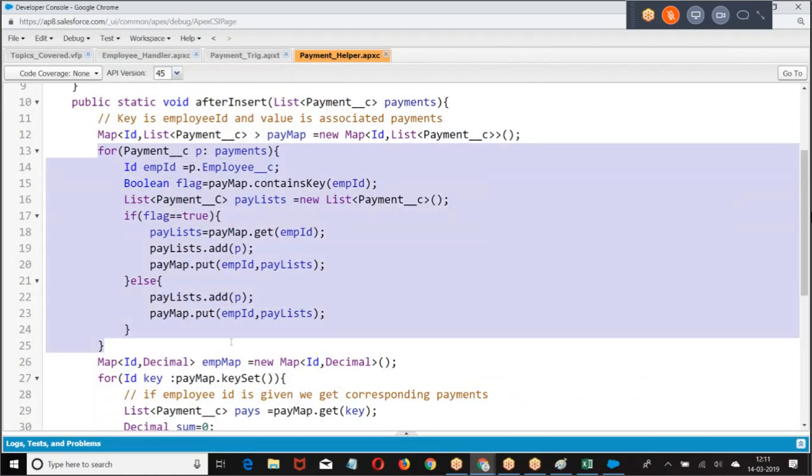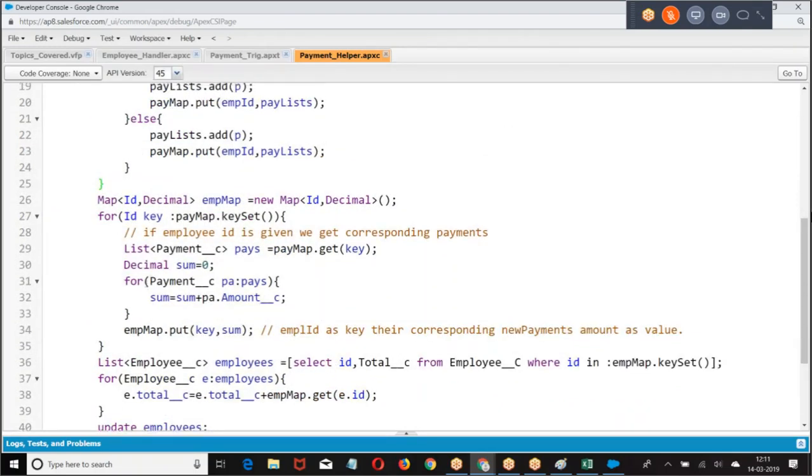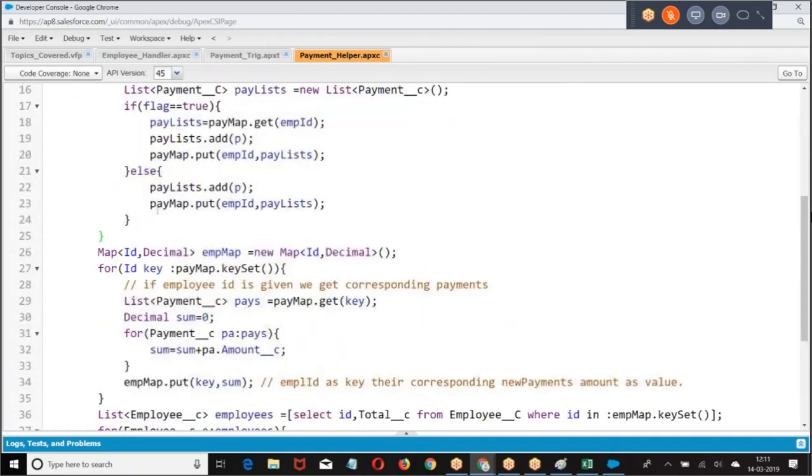This code is for what? Grouping the data according to the parent. Then what did I do in this case?